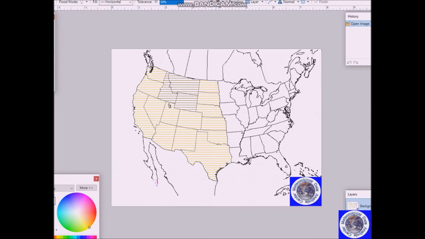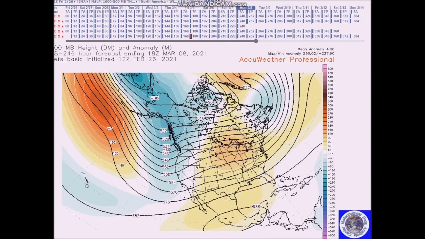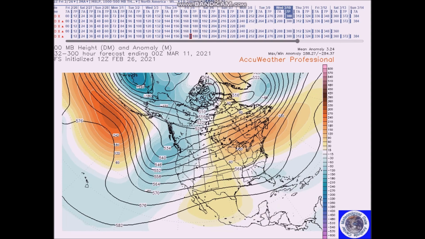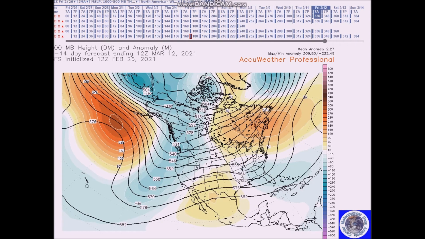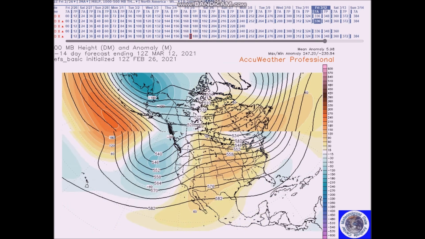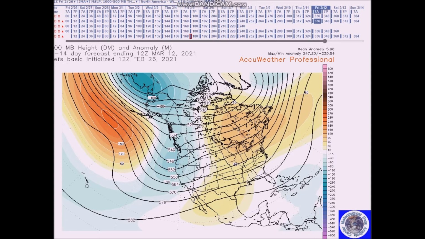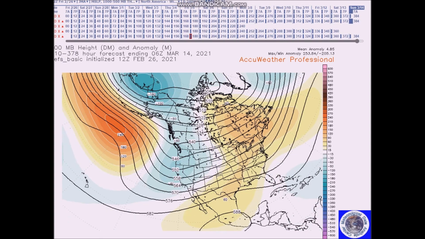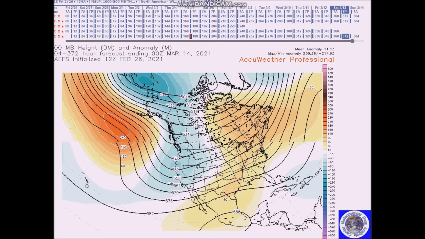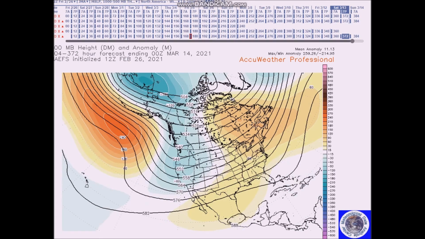Now we're going to look at the period for March 11th to the 15th. And then now we have the positive height anomalies. They're more like over east central North America, trough here. So the models are in pretty good agreement with this. Trough in the west, ridge near the Aleutians, zone of flow.